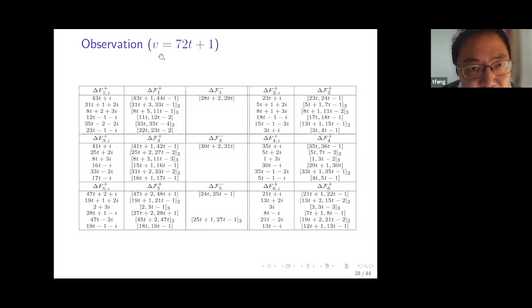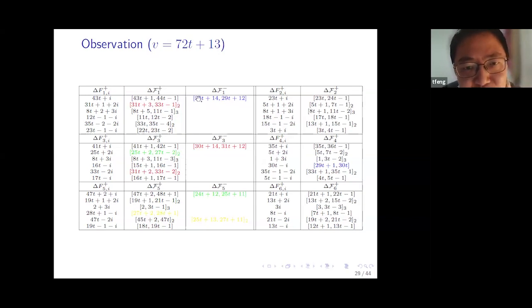Half of v is 36t times I. So when the number changed from 72 plus 1 to 72 plus 13, this difference will change. I mean, we need to use this number. And if the difference lies in the former, it will not produce a problem. Okay. Anyway, when we change v from 72 plus 1 to 72 plus 13, we can see